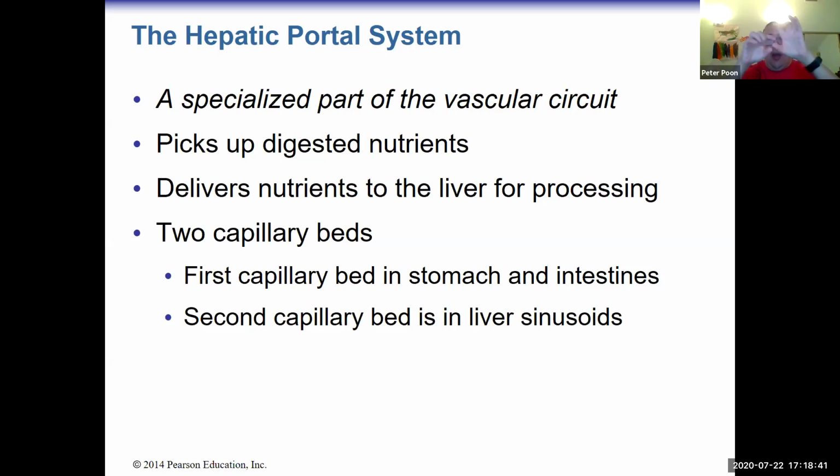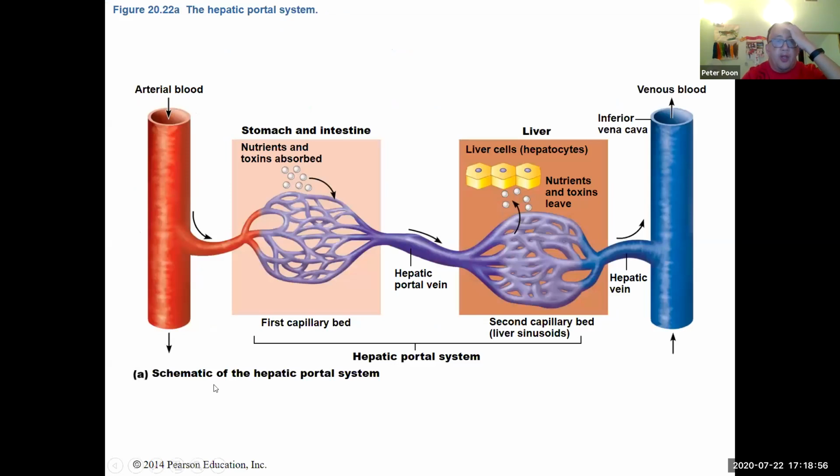So I have a vein, the vein branches into a second capillary system, and then the second capillary system goes into another vein. Here, the first one is arterial blood. The first capillary bed is in the stomach and intestines. I pick up all the nutrients and toxins that I ate, and now it goes into my